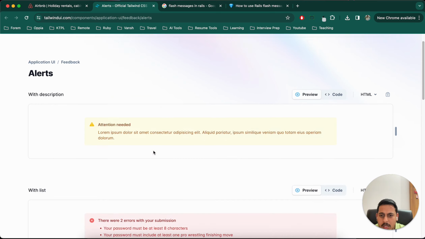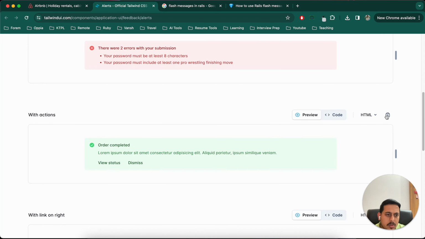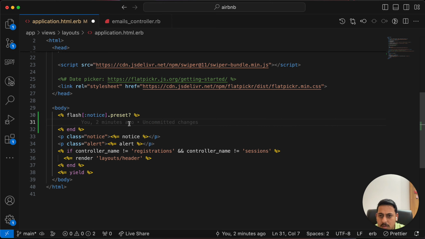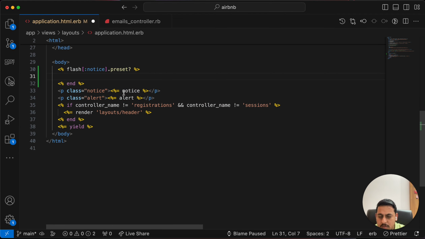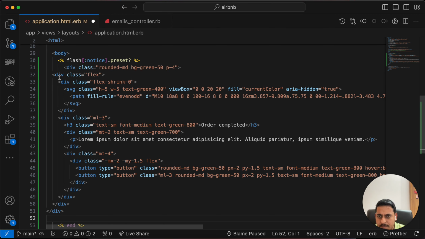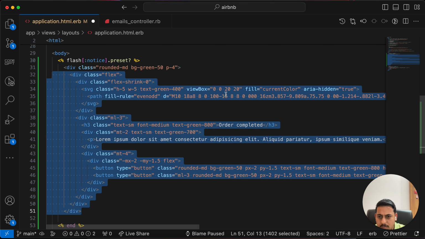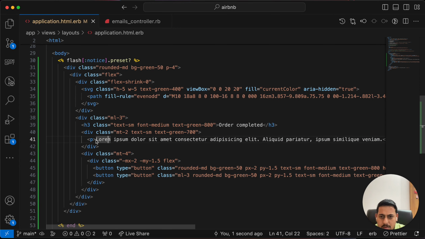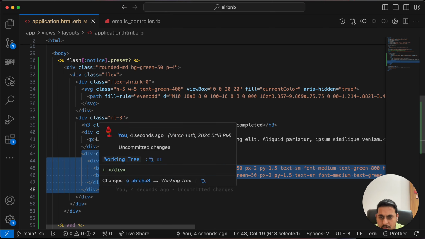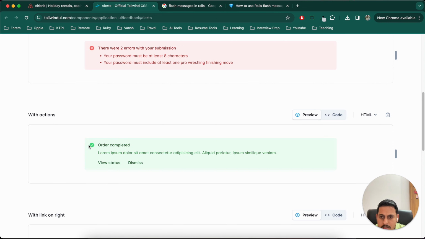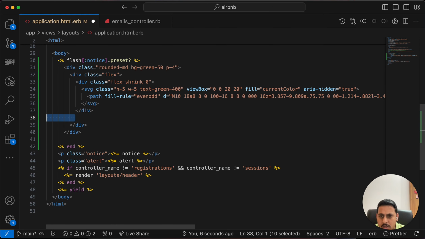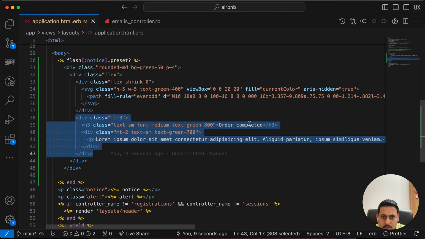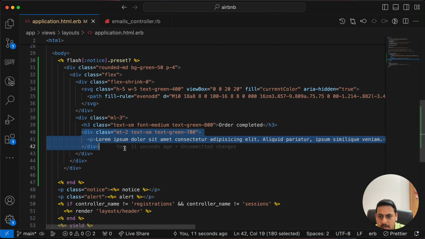I've already opened all the alerts. I'll copy this alert, and paste it here. Okay, it's way too much. Okay, let me paste it, then later on we will see. And in this, I'll get rid of these buttons. We don't need this. Anything else? This can be fine. Order completed is not required, so let's get rid of this also. Where is this order completed? Okay, this one. So let's get rid of this one